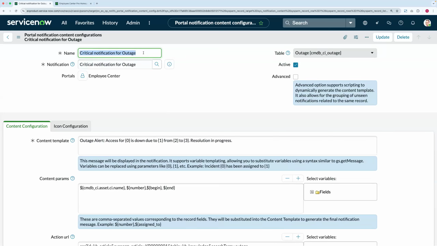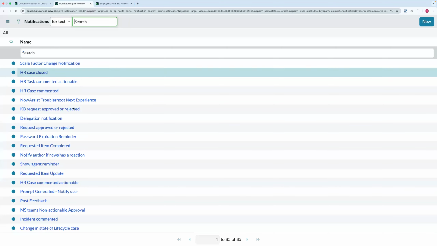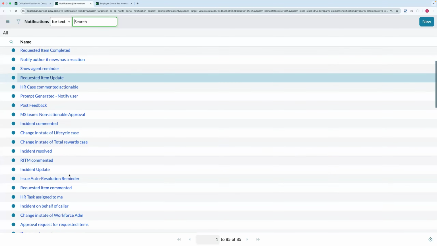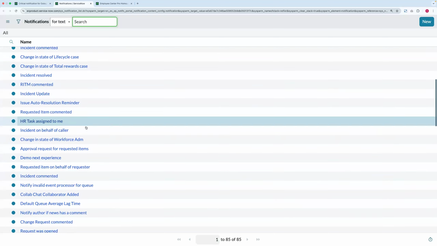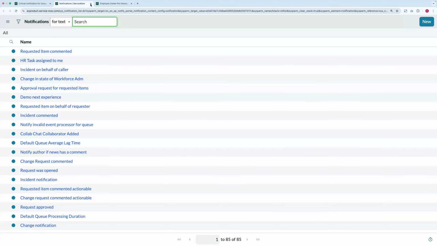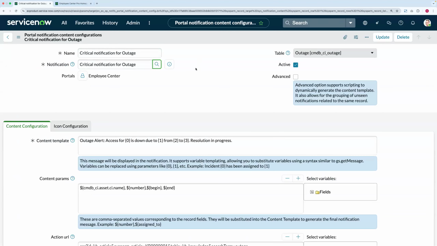You will need to go ahead and give a name to this record. And then the notification that you have just created and saved, you will need to select that from the list. So if I click here, I can see all the different notifications available for me, and I'll have to select that. So it basically takes into record that at what trigger point and to whom do I need to push